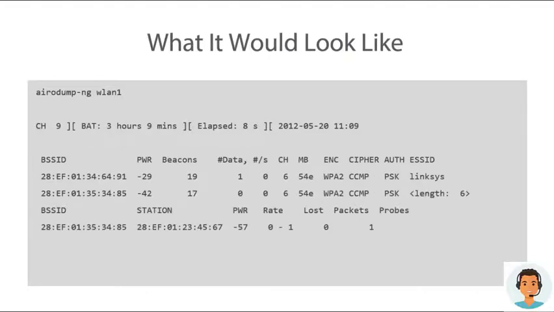Now you can see that one of the devices we found has a hidden SSID, because look at the ESSID. It says the length is 6, which means that it's the number of letters in the SSID. Sometimes we may not see the number, but the length doesn't really matter to me. What matters here is I've got an access point that's not identifying itself with an ESSID, which tells me that it's hidden. Now, in order to discover what it is, all we have to do is a deauthentication on a client. And when the client reauthenticates, it'll send the SSID through the air,